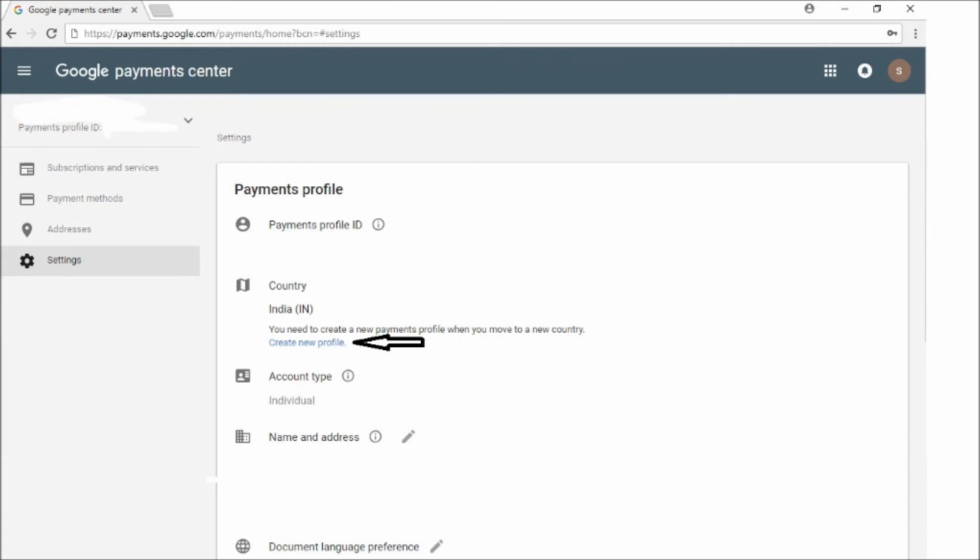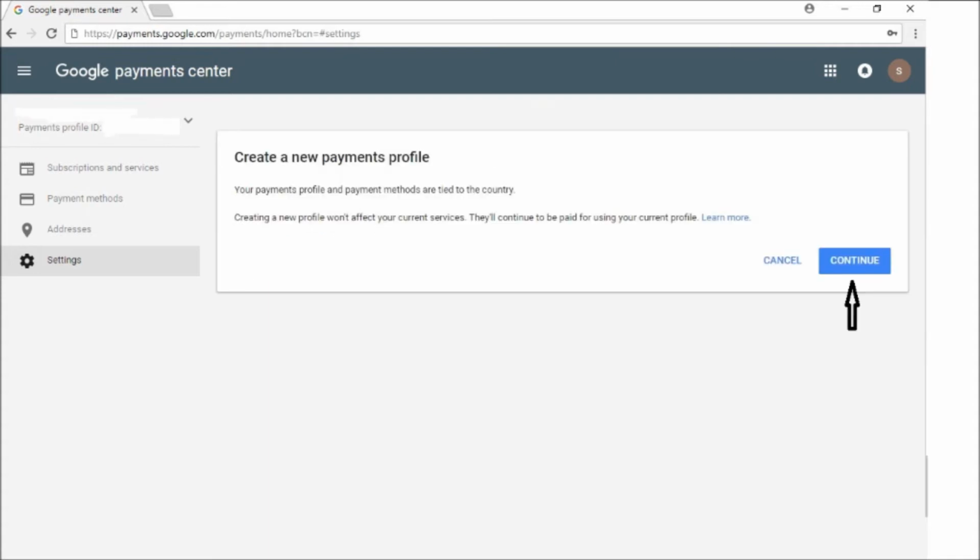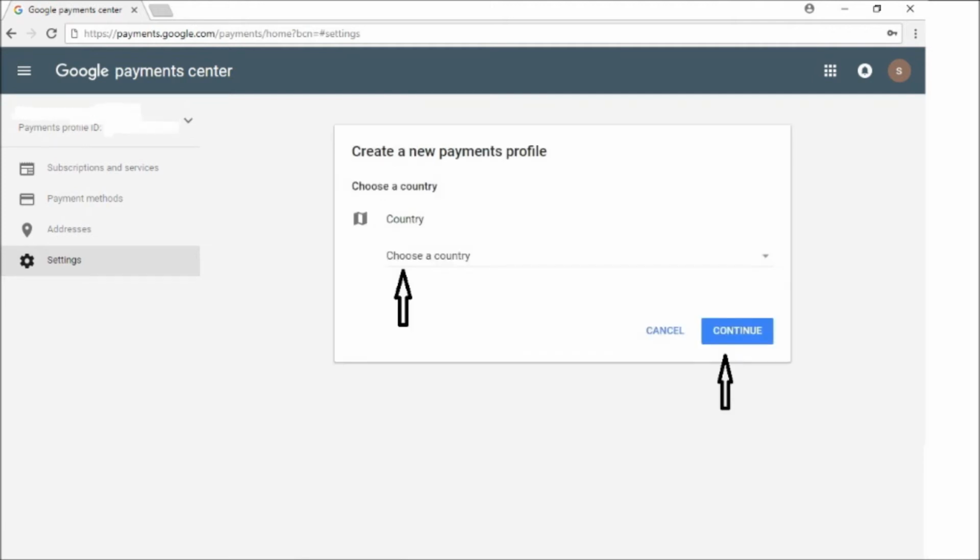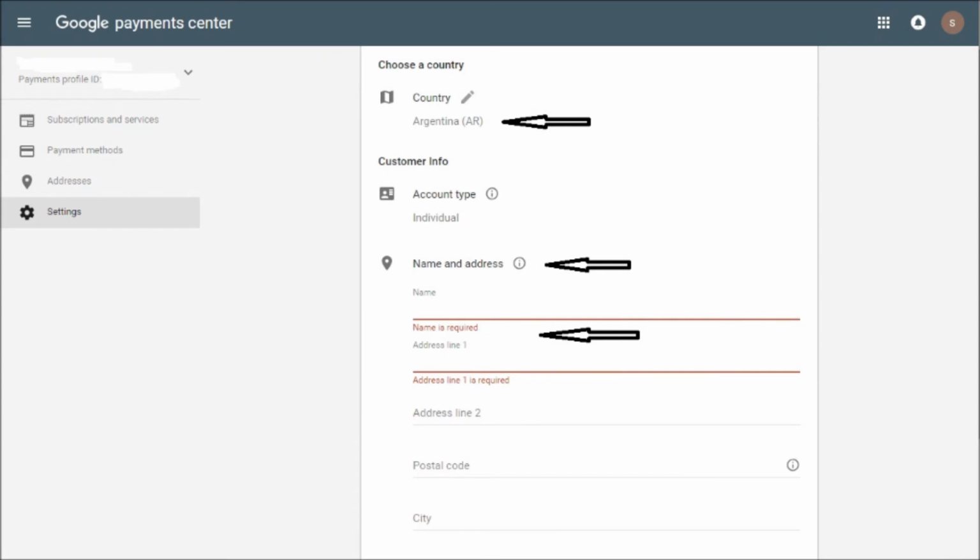Then click on Create New Profile. Click on Continue. From the country drop-down, select the country you would like to change the address to. Then click on Continue. Provide the name and new address in the respective fields and click on Submit at the